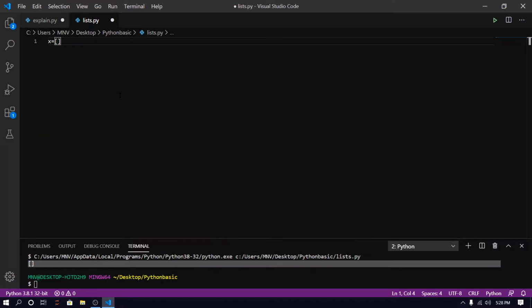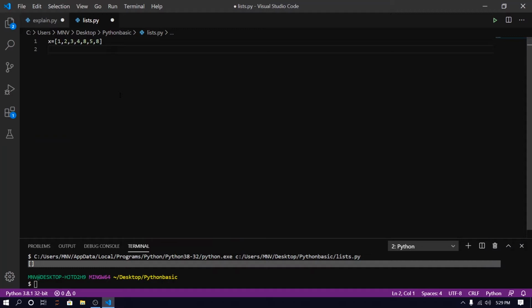Okay, this is empty. Now another method is that we can just create a list like this. So we use square brackets to define our list. Okay. So in these square brackets, I can add multiple data. For example, I want to store random values like 1, 2, 3, 4, 7. Okay. Now I want to print my first value. So how can I print my first value?